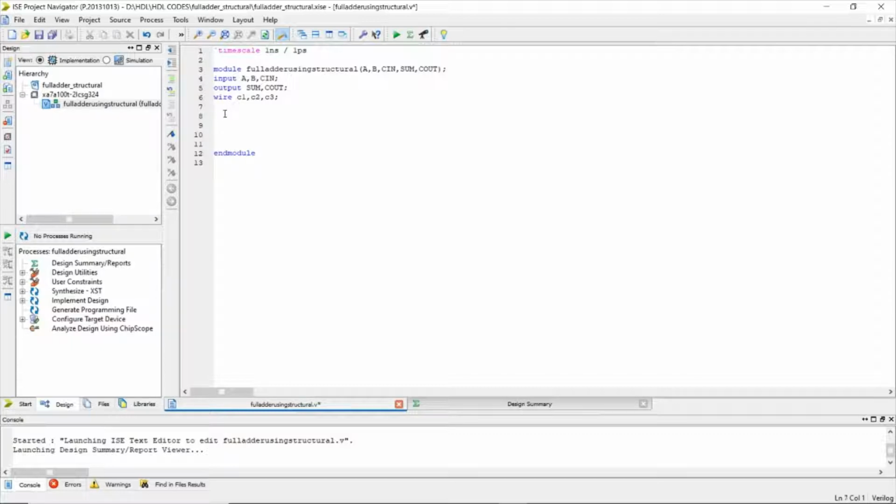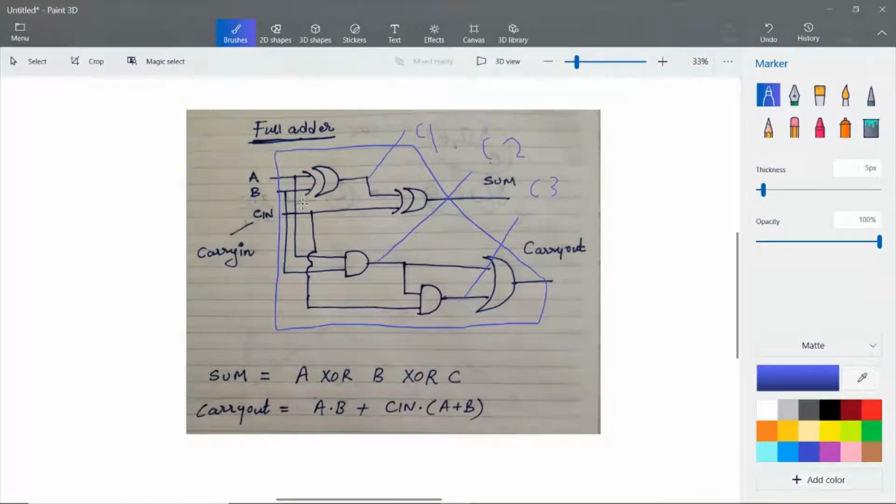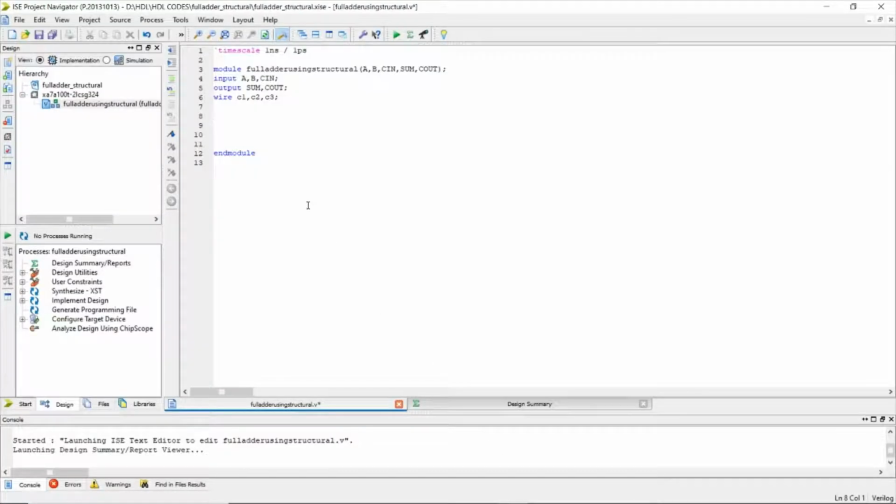Now after declaring the wires, if you observe the circuit, there is an XOR gate being instantiated to which A and B are the inputs and C1 is the output. You need to instantiate like that: XOR, C1 is the output, where A comma B are the inputs.